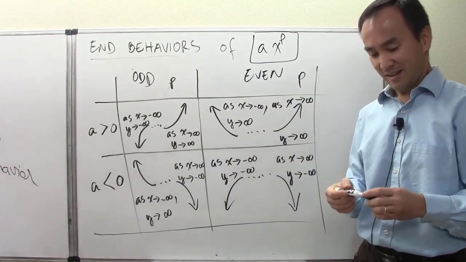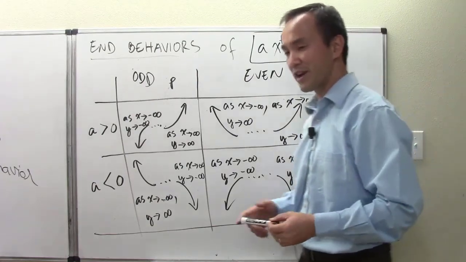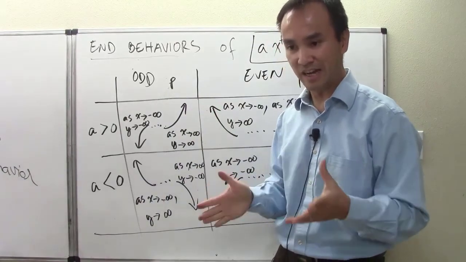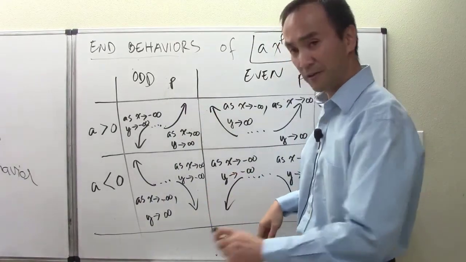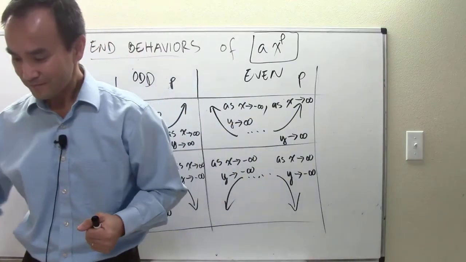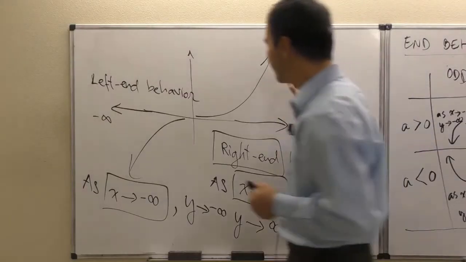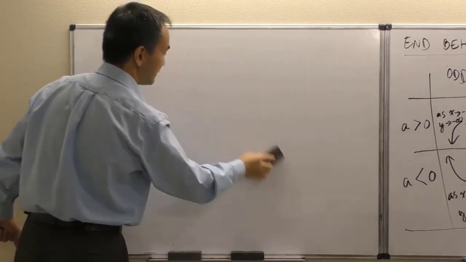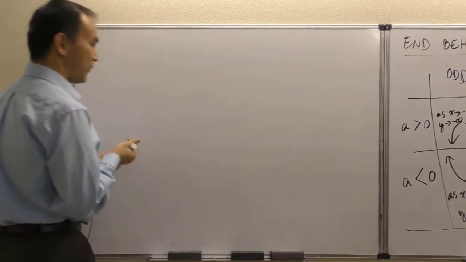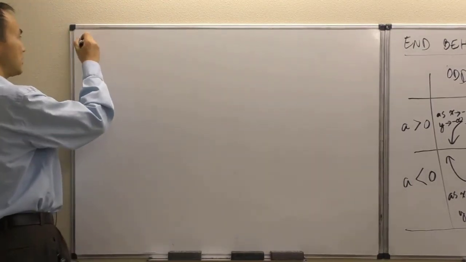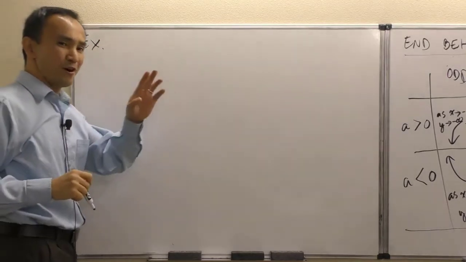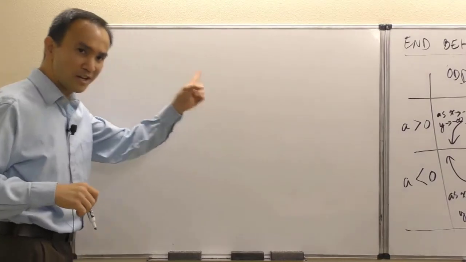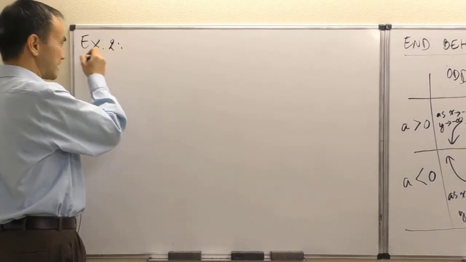All right, so now at this point, we are ready for example 2, which is directly relevant to what we've learned here about the end behaviors of our power functions. Now for example 2, allow me to put the wording instruction of the example on the computer. So I changed style a little bit. Instead of writing down the wording instruction for this example 2, even though it's still directly